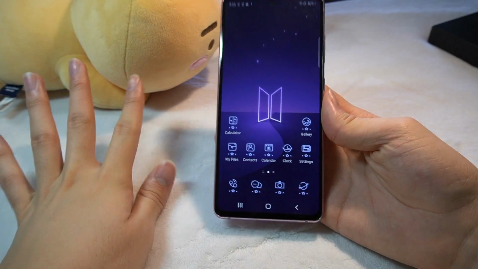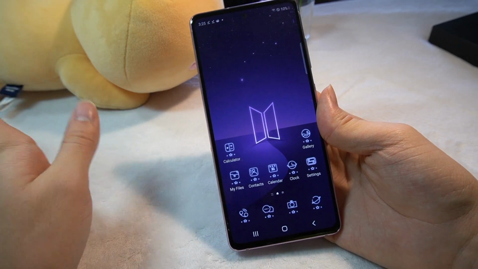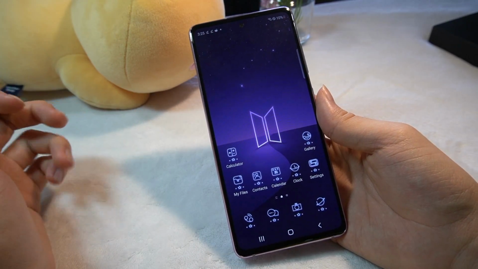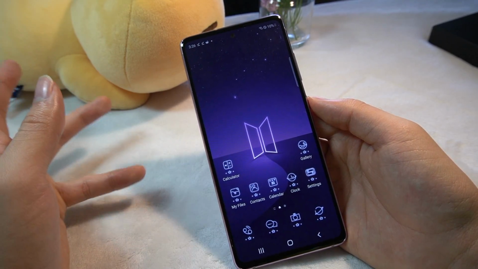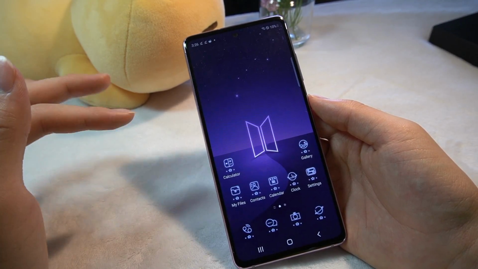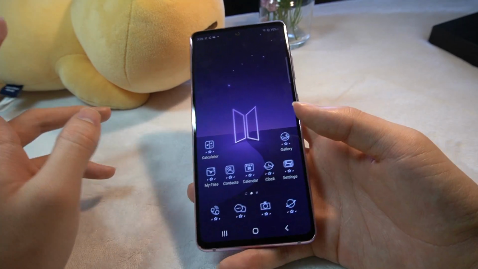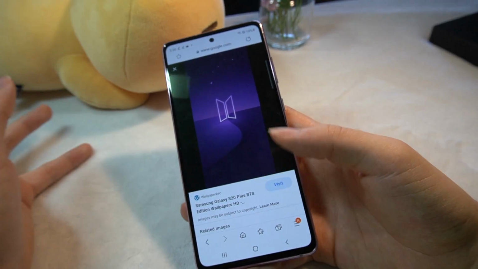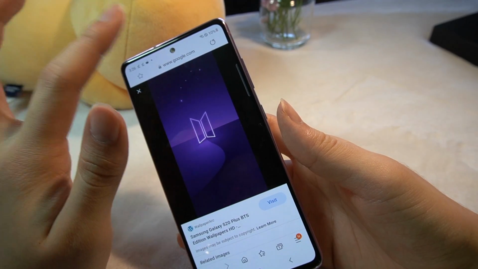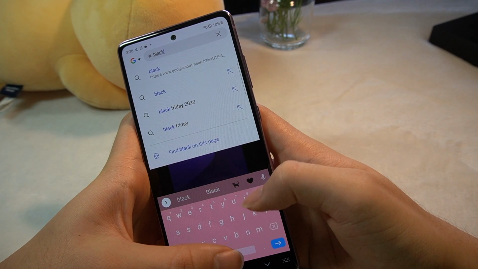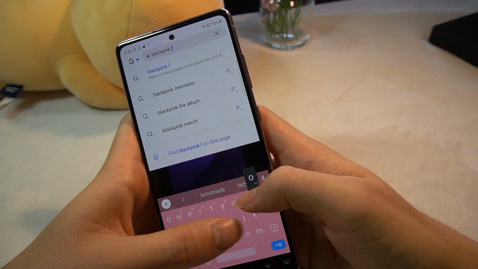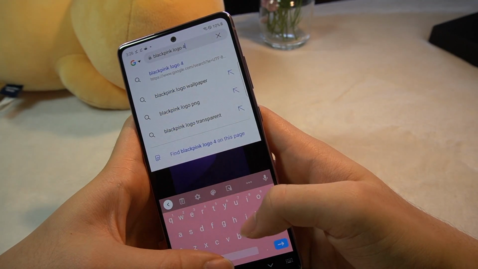Okay, so this is my phone right now. I have a BTS logo and a purple icon pack, but I'm gonna be showing you how to do it, and I'm gonna be trying to theme it as a Blackpink phone. So first I'm gonna try to find a wallpaper, and I'm just gonna search for a Blackpink logo, and 4K.